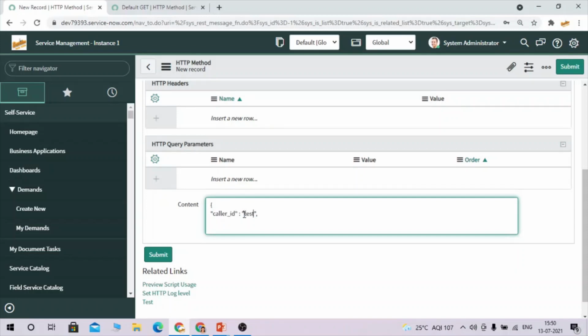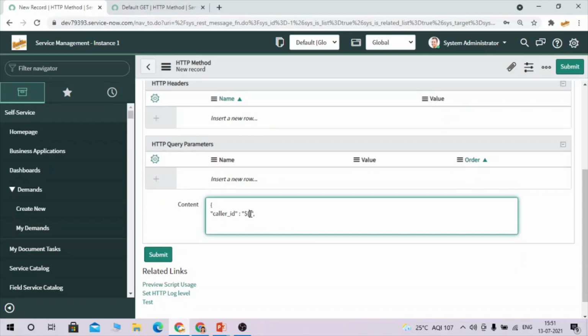If you want to pass any static value, you can pass it like that. But here we are going to pass some dynamic value. How you can take the dynamic value, I'm going to let you know. You have to put dollar and curly braces. Under those curly braces you can define one variable. Whatever variable we are defining here, I'm going to use it and set the value I want to pass here through a business rule, and through the business rule only we are going to trigger this REST call. So I'll show you.